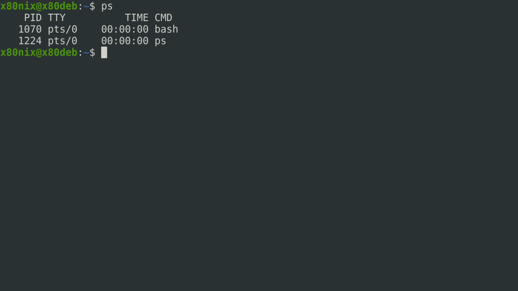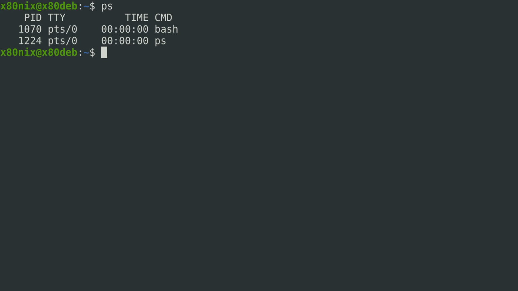The process ID is returned along with the terminal it was executed on. The time field meaning CPU time, which is the time the processor has allocated to the process. Last, the command field, which is the name of the process. So by itself, ps is helpful for tracking processes running from the current session and also shows processes or scripts